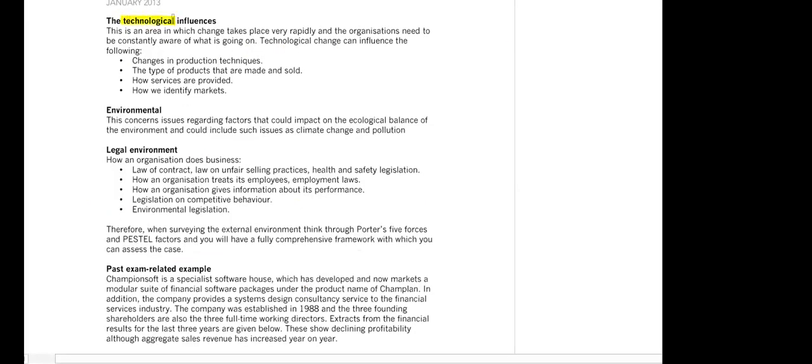Technological influences. I think we're living in an age of technology. We're living in an age where technological developments are happening at a very accelerated pace. Technological diffusion is happening at a pace that's difficult to actually keep up with. So whatever technological factors or happenings are there in the external environment, they definitely create